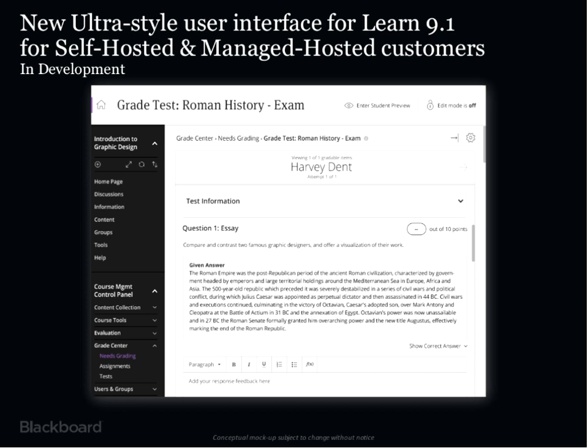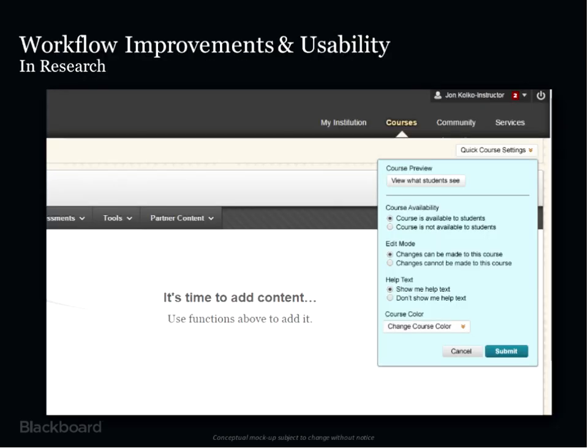So a refreshed skin and some major aesthetic changes to the workflows, to the way that you interact with the software, really updating it for users, making it feel more consistent with other Blackboard products with the Ultra experience, but also to give users a sense of a more modern interface. So this is sort of the first piece of the work related to an improved interface in Blackboard Learn 9.1.